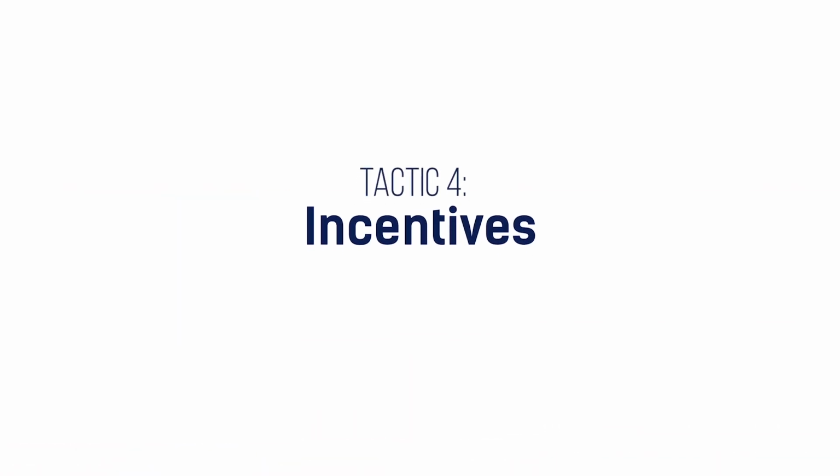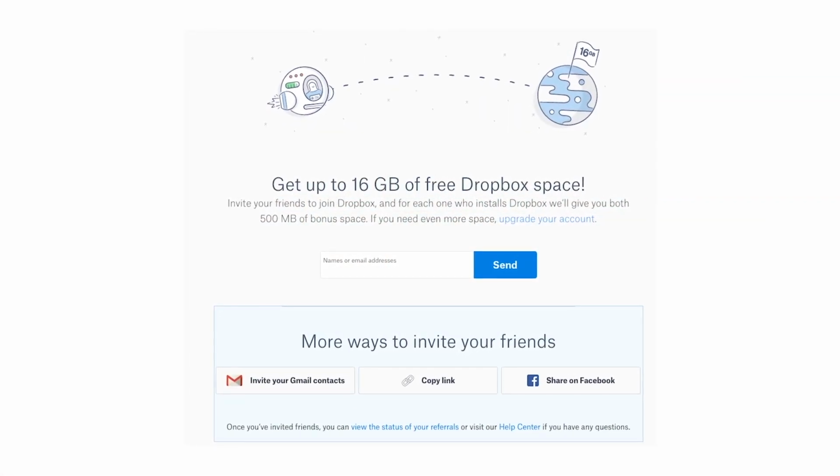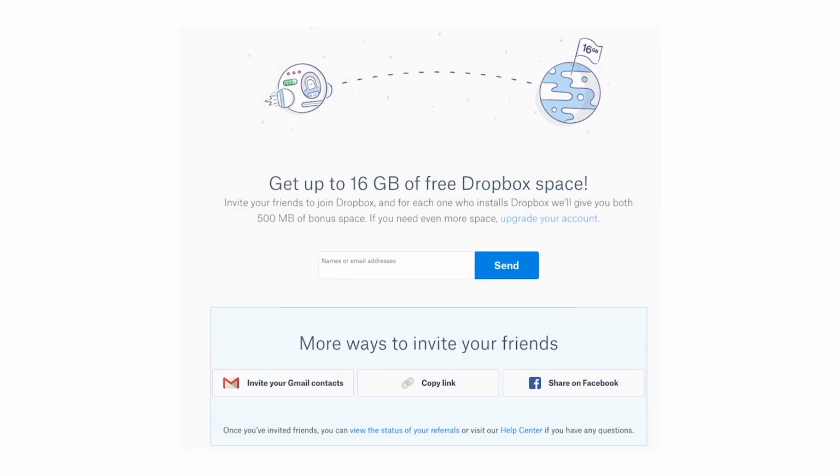Now, the next tactic I want to share with you that's a product tactic for getting visitors from the product itself is incentives. And by far, the king of this is Dropbox. If you used Dropbox back in the day, you know what it was like to sign up and then have them say, if you just share this with a friend, you'll get 5 more gigs free, or whatever amount they were giving away. I mean, we couldn't click share fast enough.